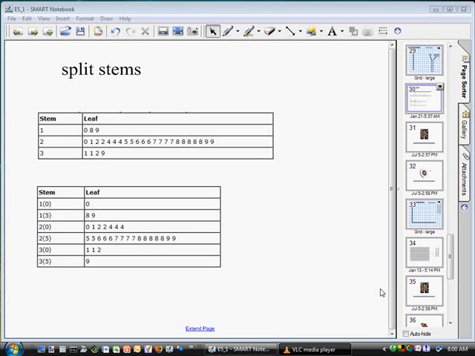Okay? Basically, this is an issue related to how you treat your hair. No, not really. That would be split ends. I'm sorry. But with split stems, here's the deal. Sometimes when you do a stem plot, I should know it's way too early to try to do any humor. But